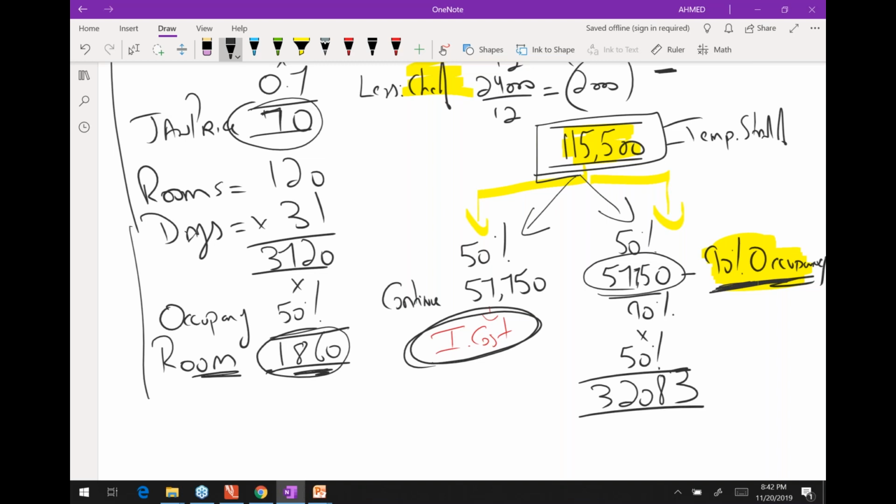So this cost is based on 90% occupancy. So we divide this by 90 multiplied by 100 to bring this to 100%, to bring this to 50% occupancy, and this is the cost that I will be charging for the month of January, which is incremental cost based on 50% occupancy. So I will add these two together, and once I add these two together, what is the sum we have? So the sum is